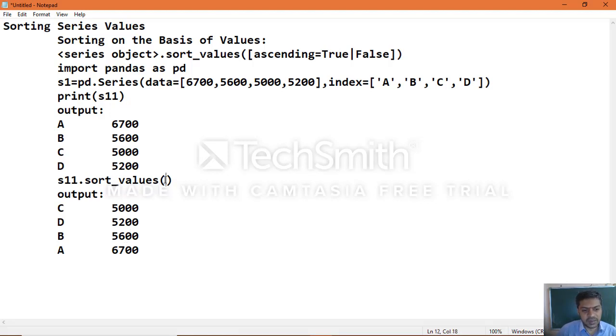If you want to specify the parameter for the sort_values function, by default it goes to ascending order.